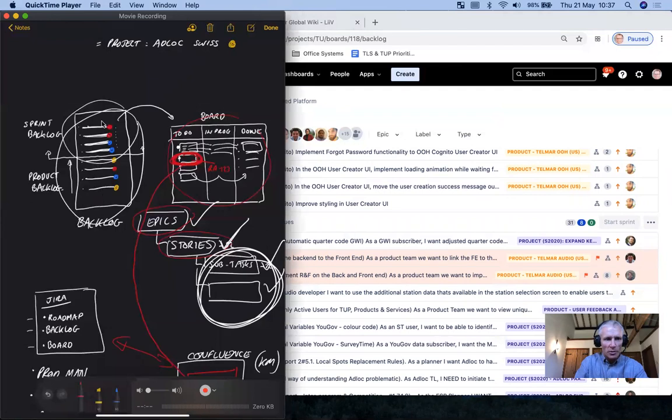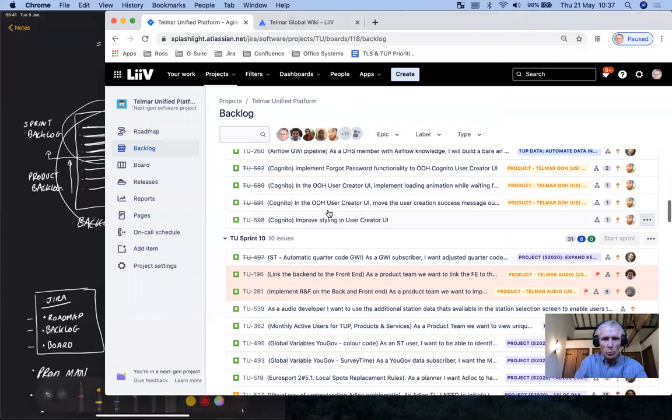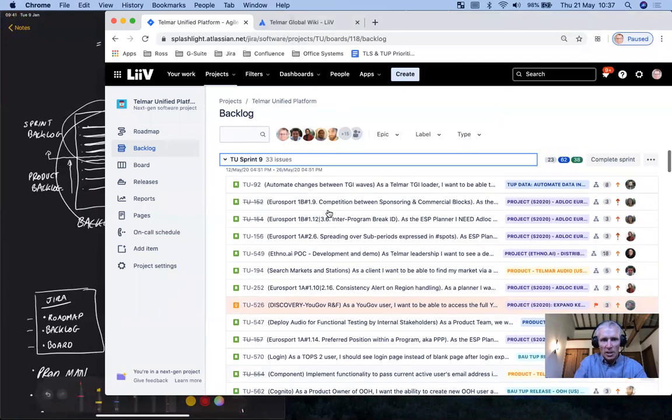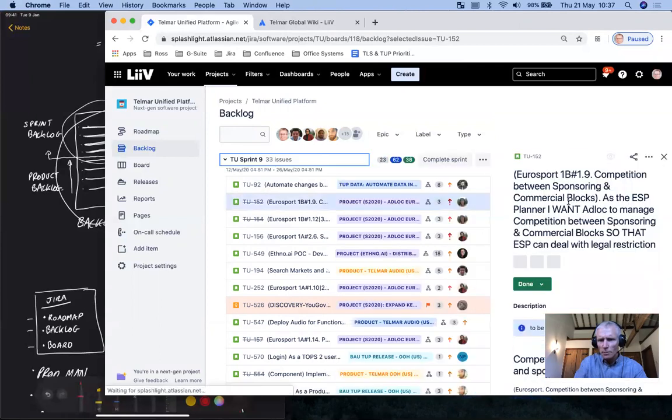So this is how this concept exactly matches to Jira. With this view, I can see everything that's in the current development cycle. It crosses them out when they're done, and this tells me the epic that it belongs to. So epic's useful here because at a glance, I can see that we're spending some time in this sprint on Adlock Eurosport.